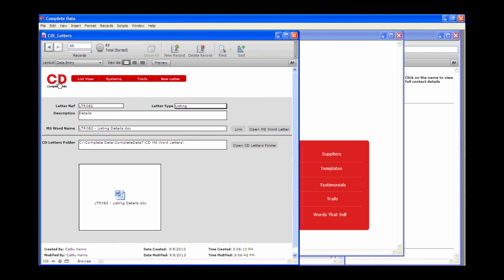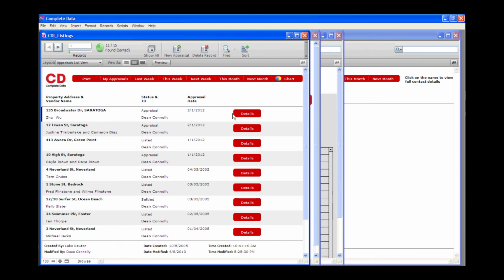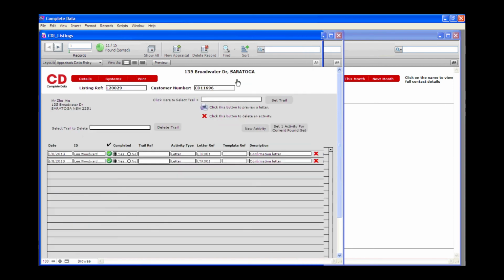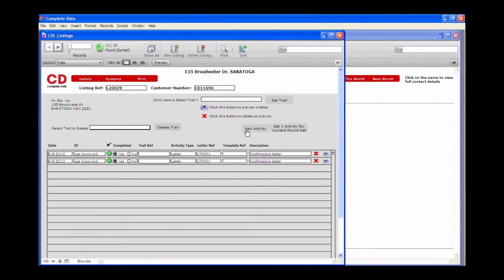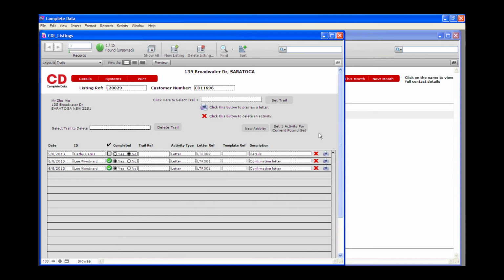If we wanted to add this against a property, we could select the CD icon, we could select Appraisals or Listings, select the details of the property we'd like to set it against, then go into the Trails database, create a new activity for today's date, select the ID that we'd like to print this letter, and then if we scroll through our list, you can see our letter number 82 is near the bottom of our list. Then we can select the print icon,